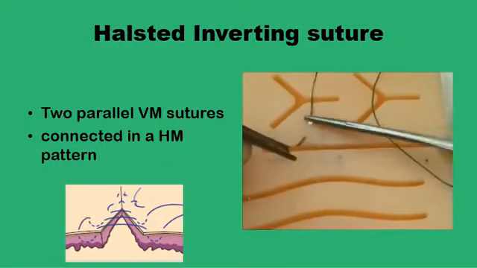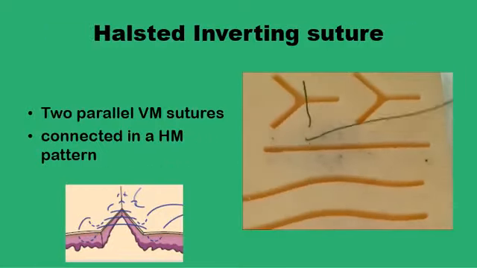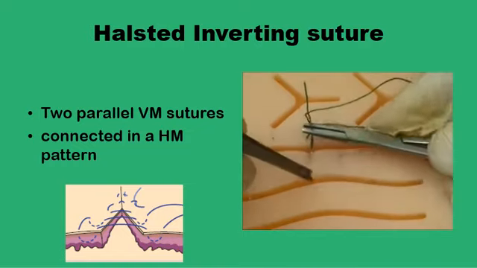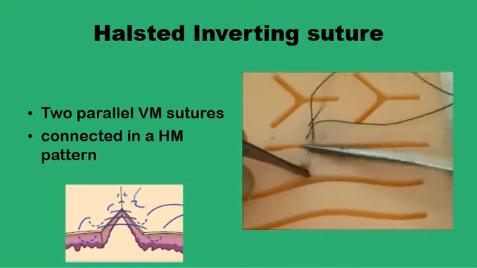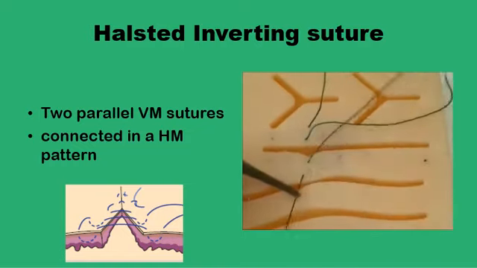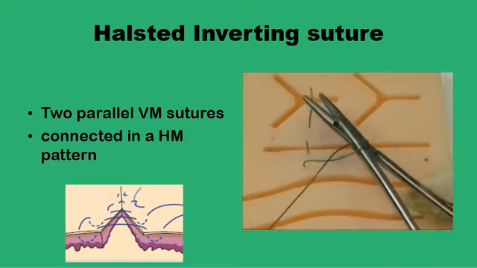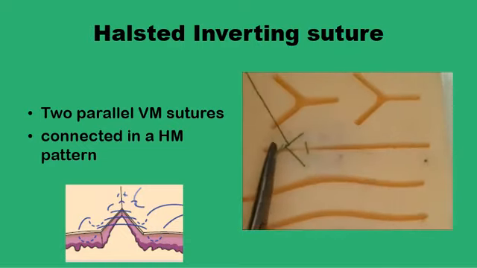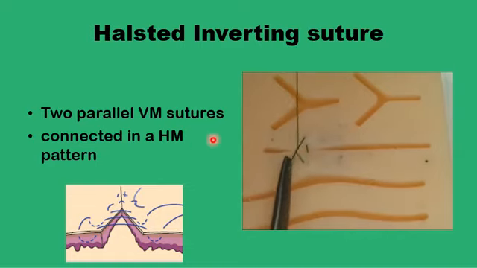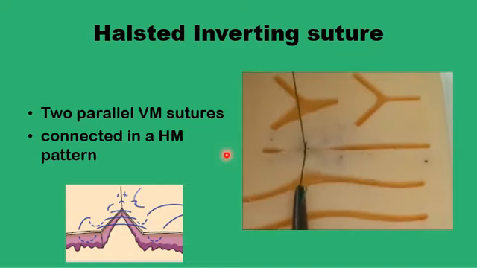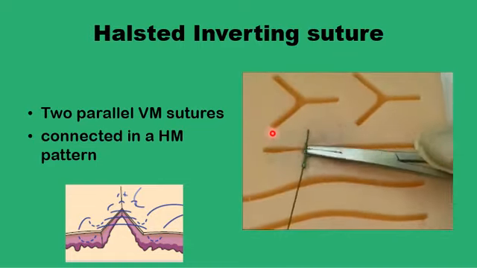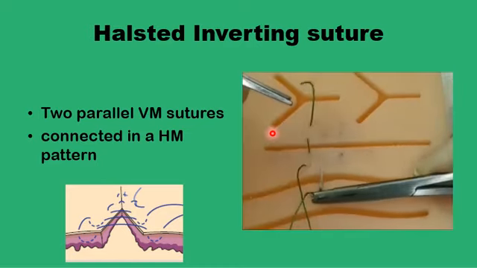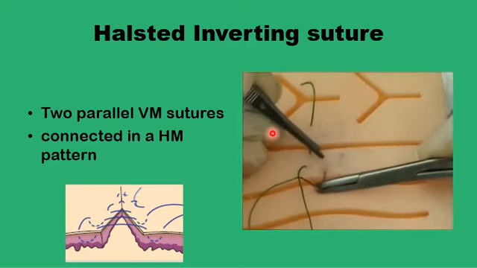And then Halsted inverting suture. Halsted has suggested using two parallel vertical matrix sutures, like the Lampert sutures, connected together like a horizontal matrix. So it's a hybrid between vertical matrix and horizontal matrix. This is a Lampert suture, far to near, and then near to far. And now rather than